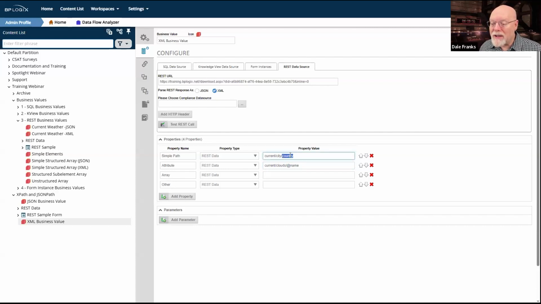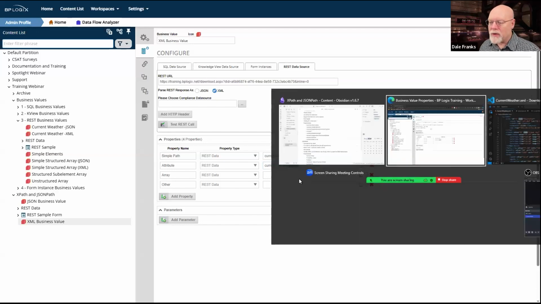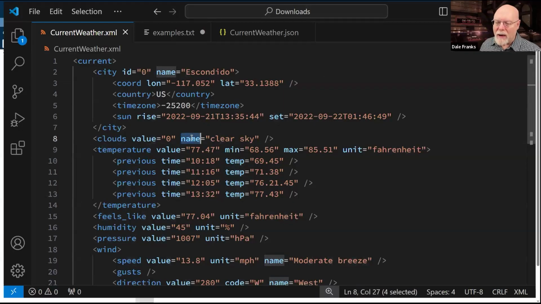Country is its own node, so it doesn't need an @, because country is its own value, its own field, if you will, in the data. Name is not its own field. It is sub-data of clouds, so I do need a / because technically it is a lower level, but it is an attribute, so I need to specify it with the @ sign and then give it its name, @name. If we go back to our JSON, we can see that name is in fact the attribute that we want.